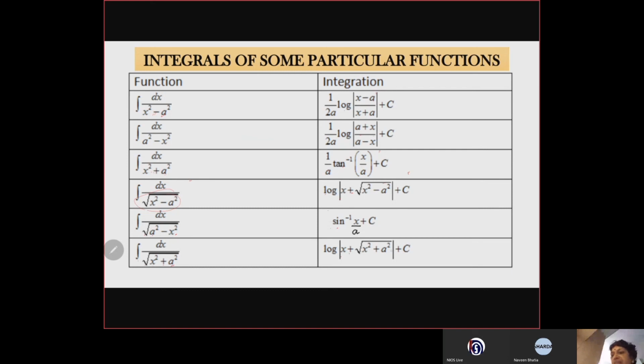तो इनको याद करना इतना मुश्किल भी नहीं है। जब रूट नहीं है तो बाहर कुछ आता है, ये याद रखिएगा। x स्क्वायर माइनस a स्क्वायर और a स्क्वायर माइनस x स्क्वायर में जब माइनस होते हैं तो 1/2a से शुरू होता है। लॉग मॉड x माइनस a अपॉन x प्लस a, और a स्क्वायर माइनस x स्क्वायर है तो लॉग मॉड a प्लस x अपॉन a माइनस x। और x स्क्वायर प्लस a स्क्वायर आपको याद रखना पड़ेगा, टैन इनवर्स x है x स्क्वायर प्लस 1 का, तो 1/a टैन इनवर्स x बाय a प्लस c।